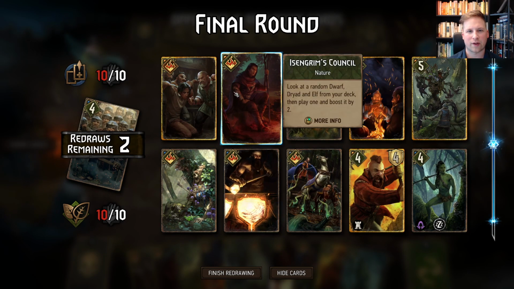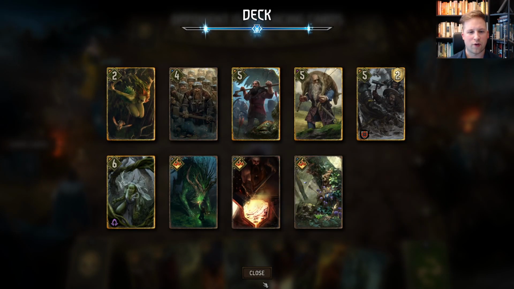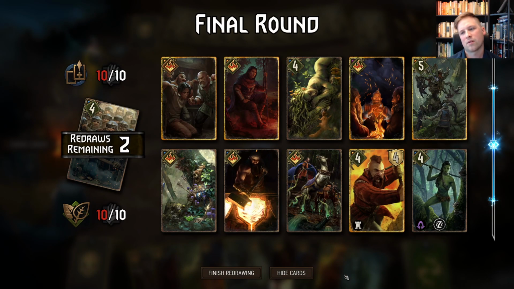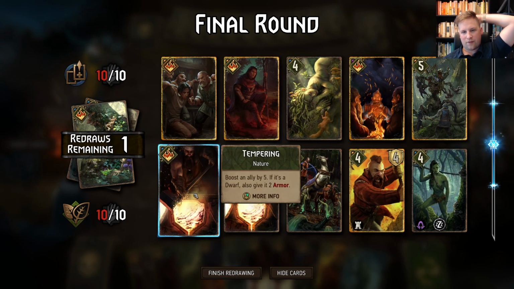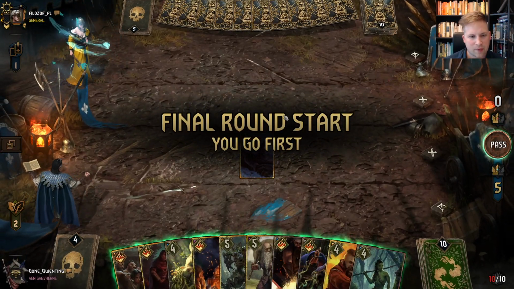Okay, this is perfect with Isengrim. So our Isengrim target is going to be Fove. We can put back one more card. I'm going to go for Circle of Life. Oh, I feel like a gambler today. And the gambling has paid off. Alright, so